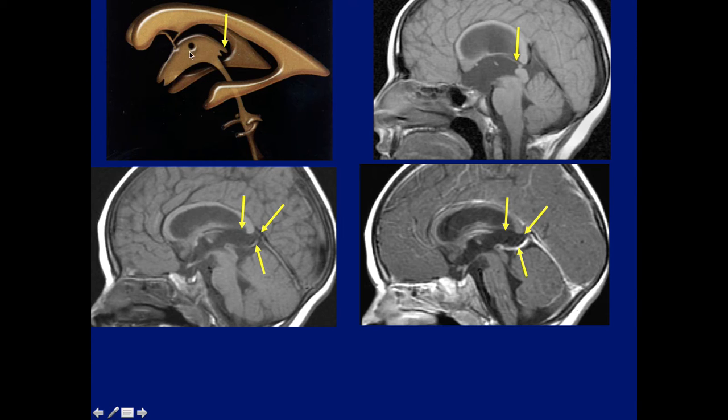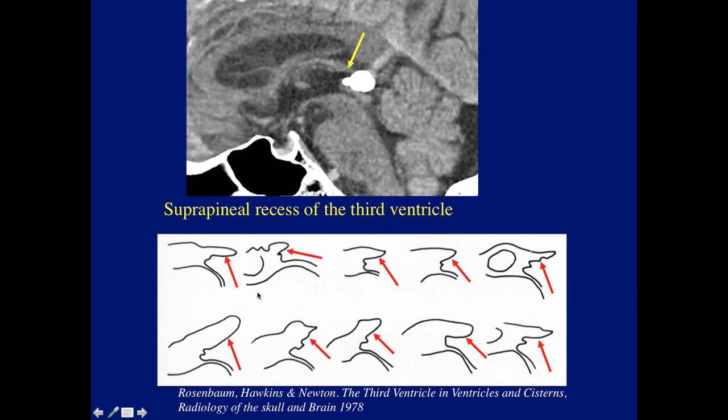And if we look at this ventricular picture here, this is the third ventricle, massa intermedia. There are two posterior recesses, the suprapineal recess, and then there's a small pineal recess. So here they are. Normally, you'll see a small suprapineal recess, two larger ones over here. Now, these suprapineal recesses, especially in cases of hydrocephalus, can become massive, as you can see in these various diagrams of the suprapineal recess.